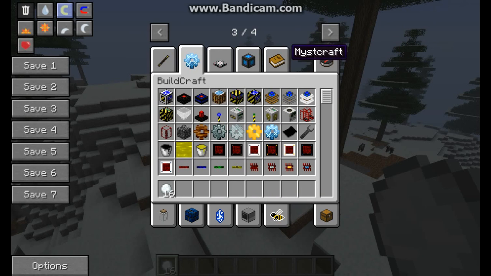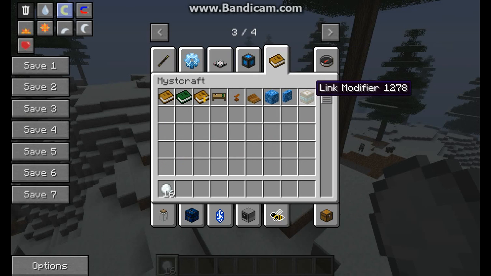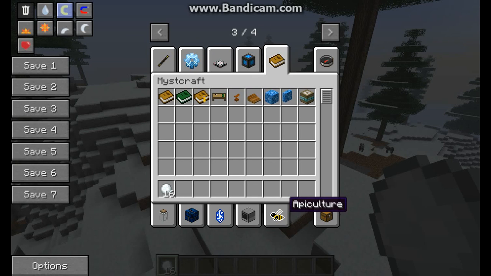One of my favorite mods in this, it's probably one of the smallest as well, for items, is Mistcraft. It allows you to get one of these descriptive books and travel to new worlds. I'll have a video of that up soon. It's really cool. Really advise you guys to look into this. Then you have the